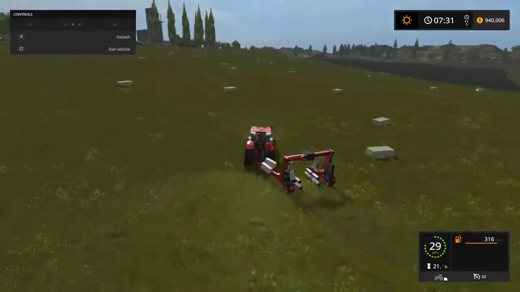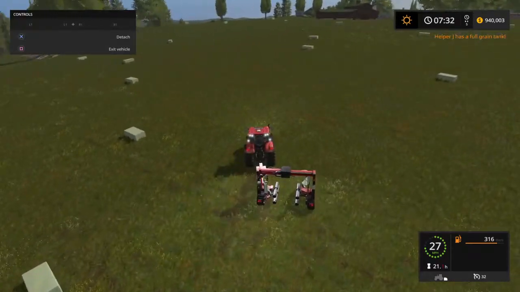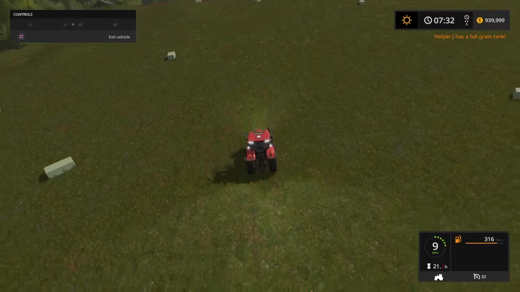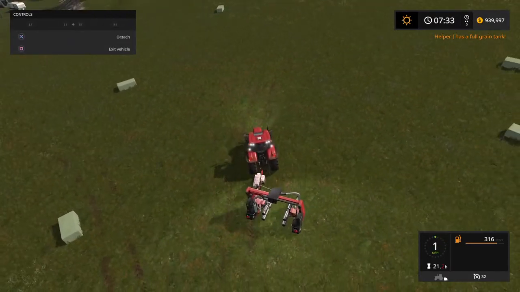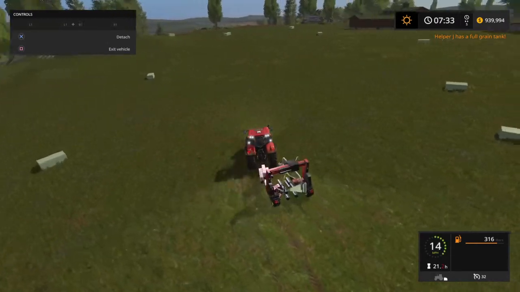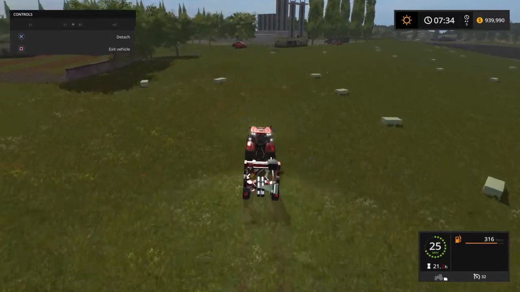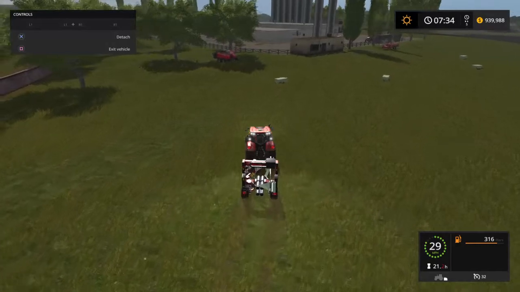Is that all the bales wrapped? Yay, I got all my wrapping done. I hate when I do that. I hit the button, I'm trying to fold up the stupid thing, and I hit X, which disconnects the implement, and also it folds, but you have to push L1 first. I think I have my finger on L1, but